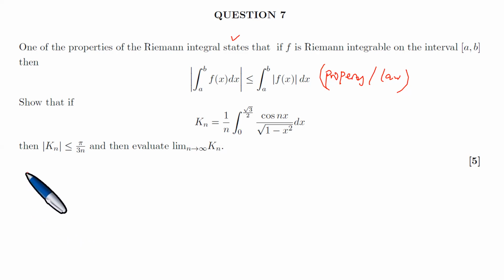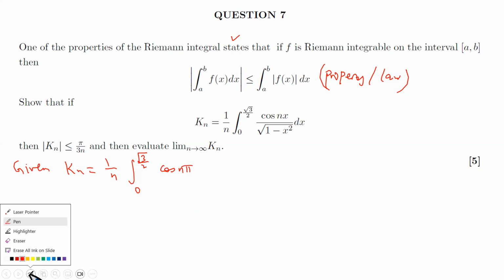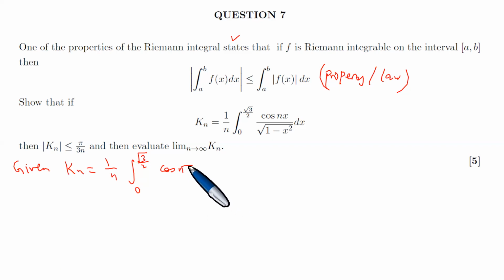We start as follows. So we start and take the given. So we are given Kn, which is 1 over n, the integral of this one, Nx. I'm just copying the Kn that's given. This question came in the January paper. Right, so this is going to be Nx. So these kinds of integrals are problematic, because this one is going to take,